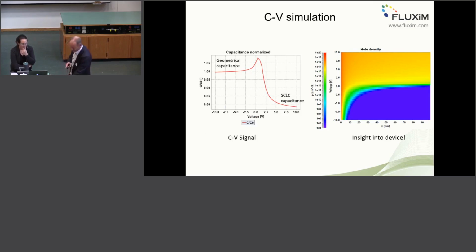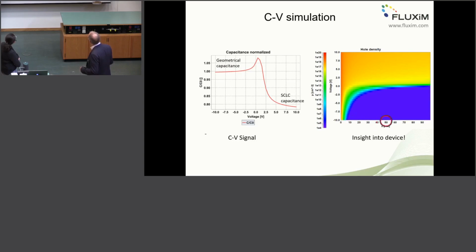But this next example is one that maybe you can open afterwards in the exercise. It's just a basic example, a single layer organic semiconductor device, where the two electrodes have different work functions. So we have a peak in the capacitance, not at 0, but maybe at 1 volt. So it means that it's not a symmetric device, and we are injecting carriers at this voltage where we see a peak in the capacitance, but in the negative bias we would have the geometrical capacitance, and that is visible here